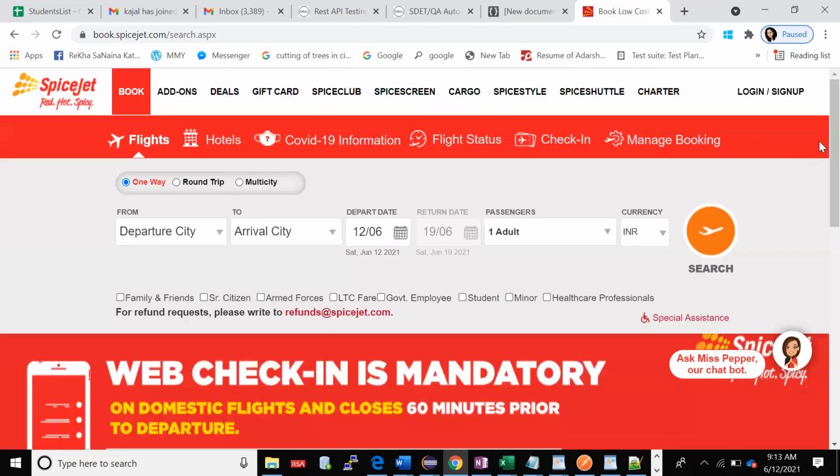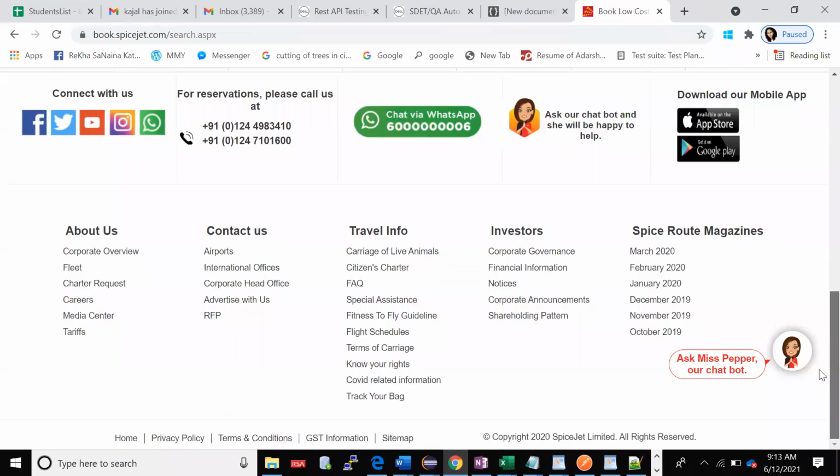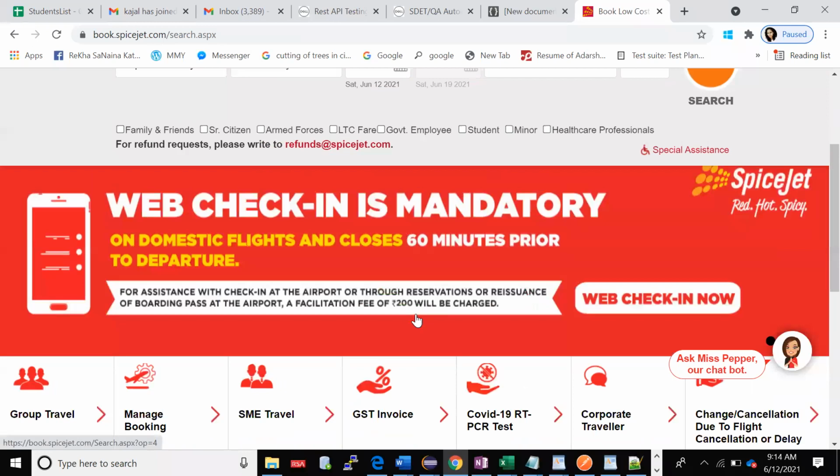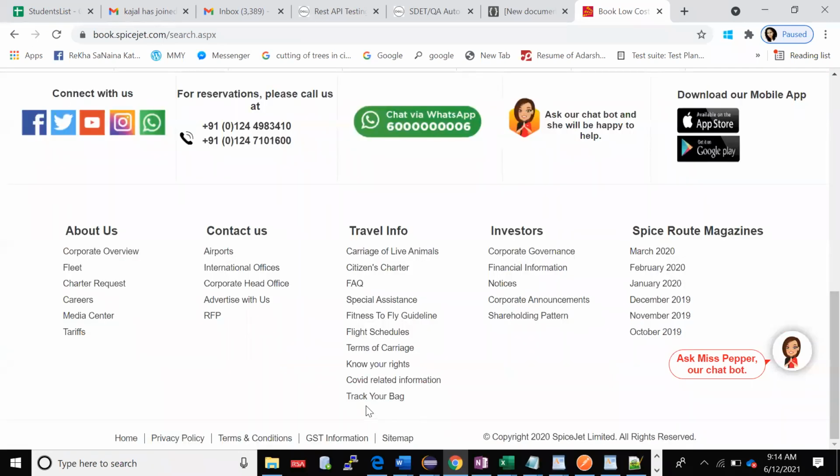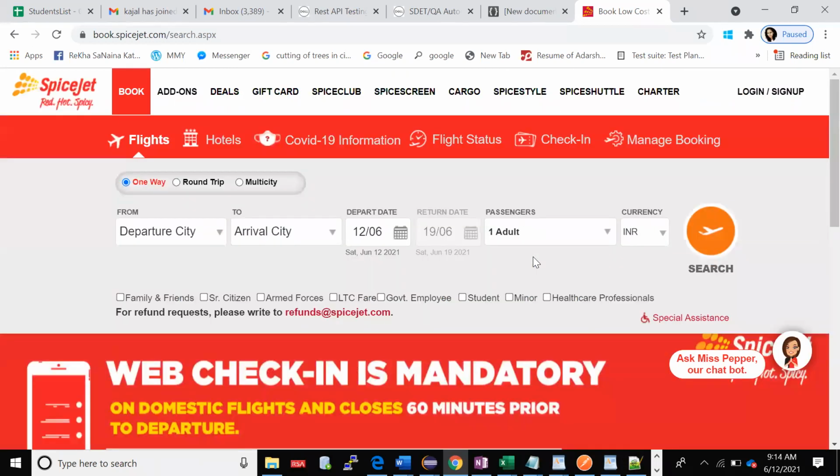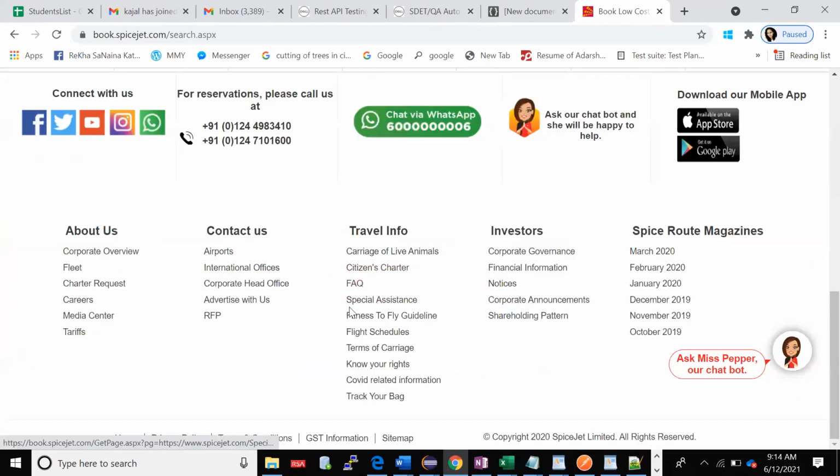So scrolling operations can be done in two ways. Either you can scroll by giving a pixel value like scroll to 1025, or by the second method you can tell it you want to scroll till you see this element. When I launch my browser, the page will be here at the beginning. If I have to verify whether the contact us option is there or not, how do we do it? I'll find this element and keep it. I'll create an object of JavaScript executor, and tell my driver, scroll till you find this element.